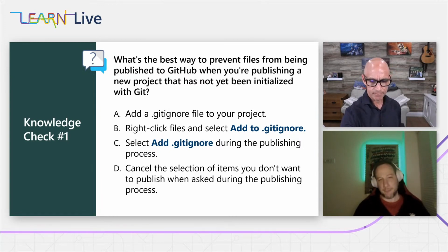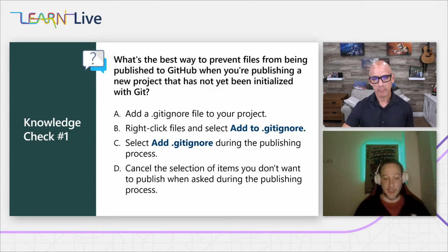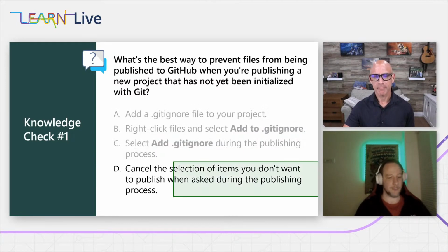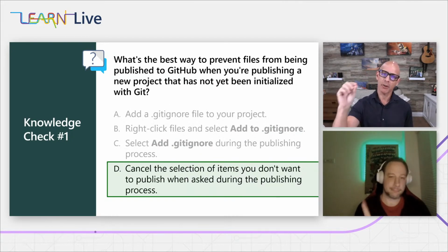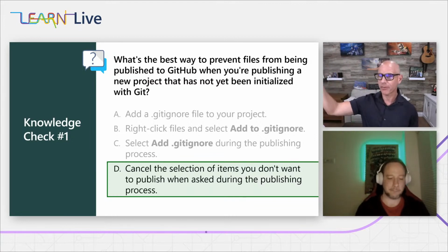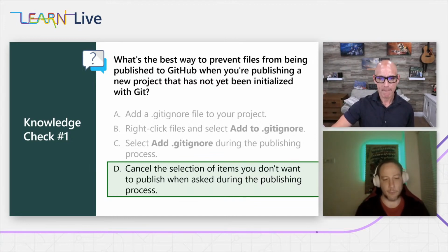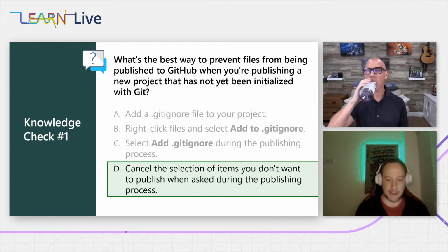So we actually got 50-50 for answer A, and the other half is going for option D as well. So nobody's going for B or C. Little drum roll. And there's nothing wrong with A, right, Peter? I mean, you can add a gitignore file to your project, but not while you're publishing. It's already in process. Yeah, when I saw the question, my thing was like, yeah, it's going to be A. I mean, gitignore, you talked about it. We joked about it, like, don't store my encrypted password.txt, so just move it into that gitignore. Yeah. But that's not really helping you during publishing.